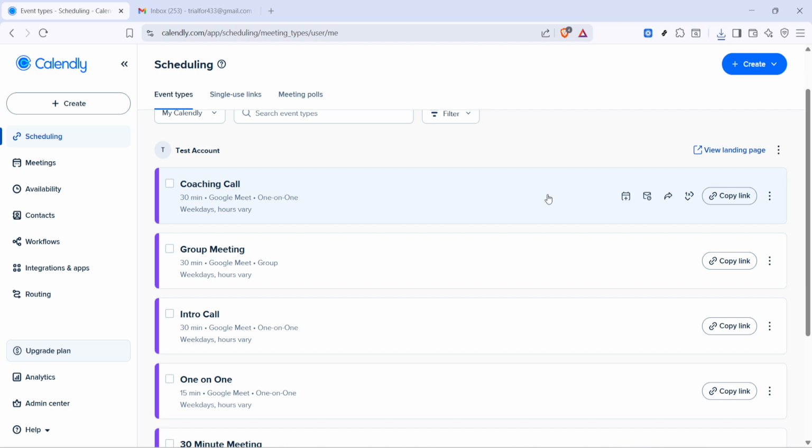Now, look for the option to copy your link. Next to the event you want to offer, you'll see a copy link control. Click it. Calendly immediately places a direct link to that specific event on your clipboard, ready to paste. That link sends people straight to the scheduling page for that event type, so they can pick a time without